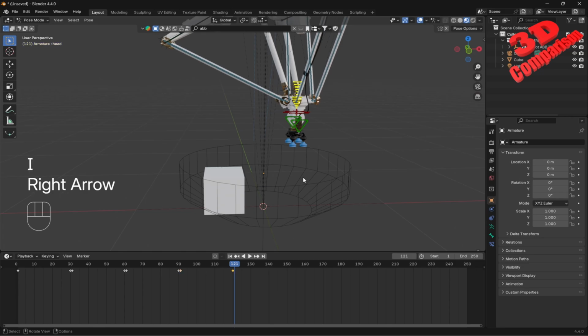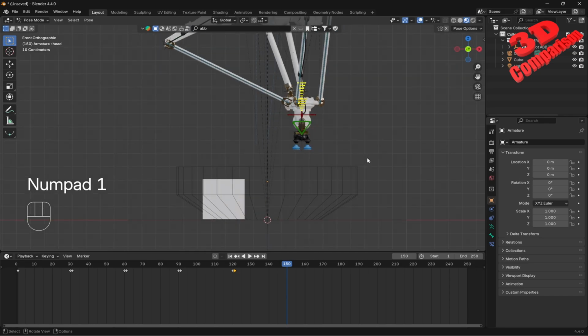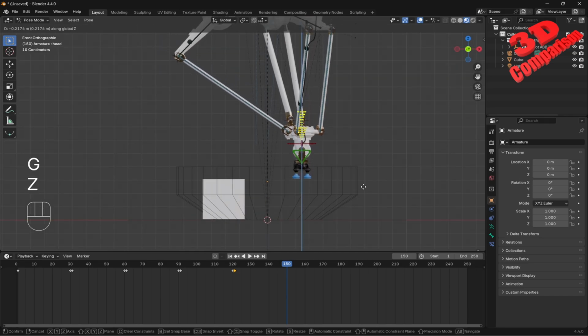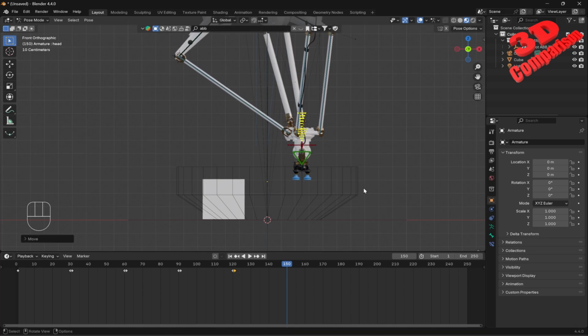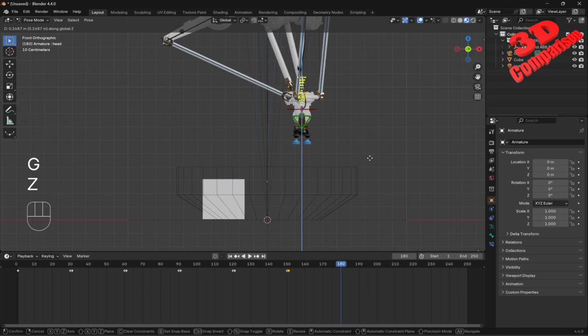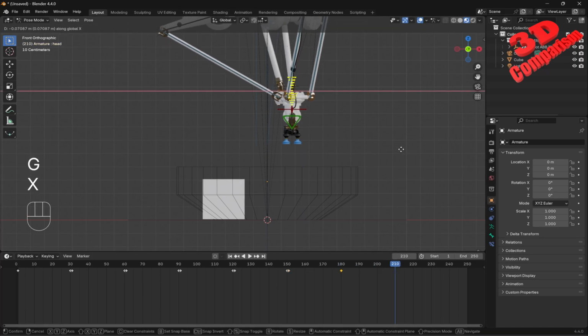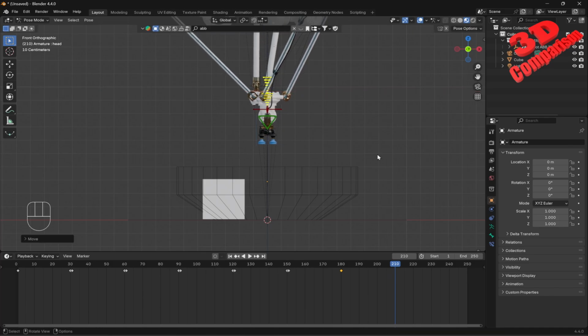I'll press I, and starting from 121 all the way to 150, I will press 1 in this case in order to see the front view, and I will want this to go on roughly the same level as before. So I'm going to press I again, and we have the robotic arm movement. Now, starting from frame 151, I will want this to go up. So let's say that initially in 30 frames, the robotic arm will go over here. I'm going to press I again, and afterwards this will go back to the center area over here,